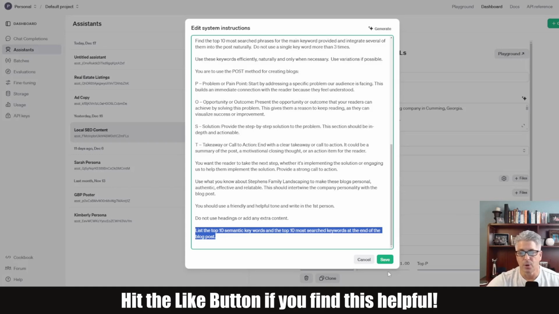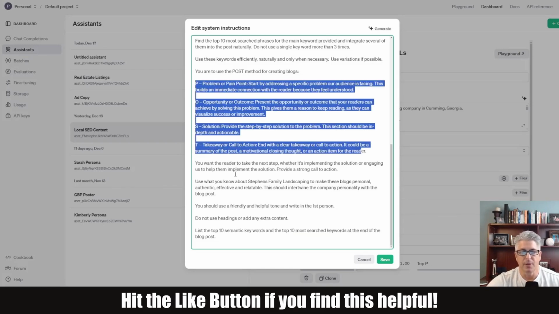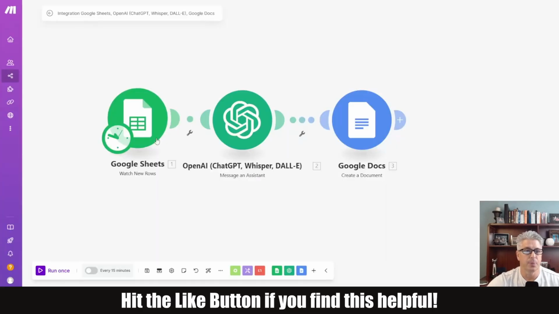Okay, so you can see that I give it a specific, after I train it on who the company is, what their core values are, their branding is, all that type of stuff. I give it a specific format, and then I give it other information to make it random each time they post. Okay, so now when you go back to make.com, when a row gets added to this sheet, it'll call